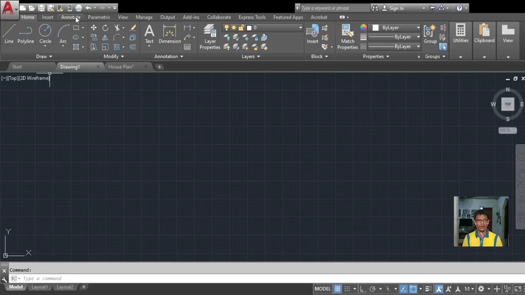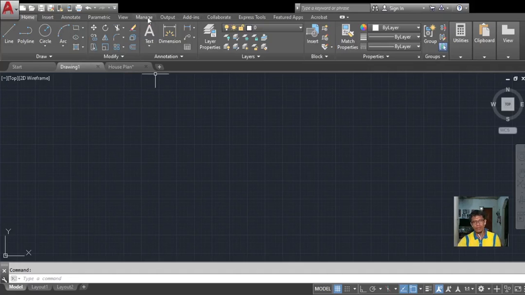Another part of the AutoCAD working environment is the file name. If you can see the blank space here, it's where you can see the name of the current file you are working on. In the file name, you can see the file extension. For example, you can see in this tab the file name, we have this file Drawing1.